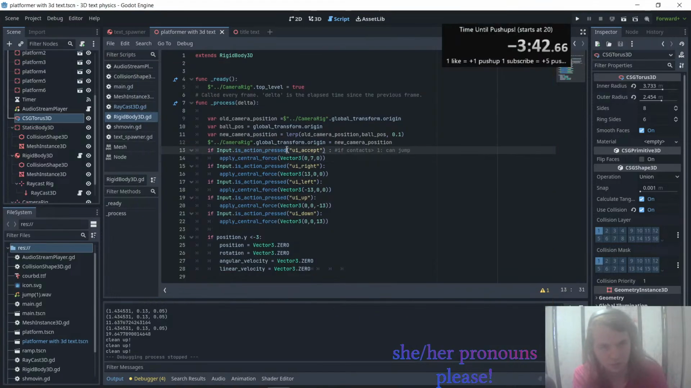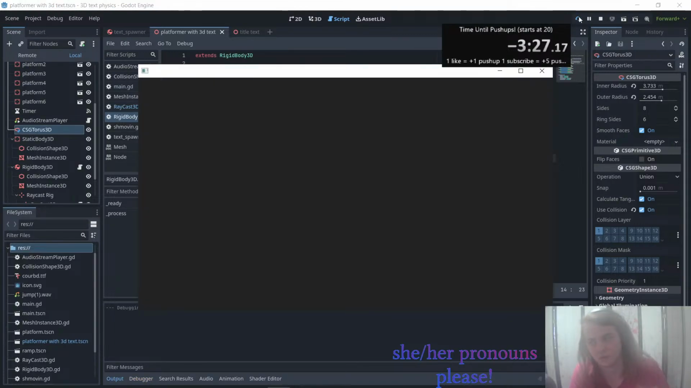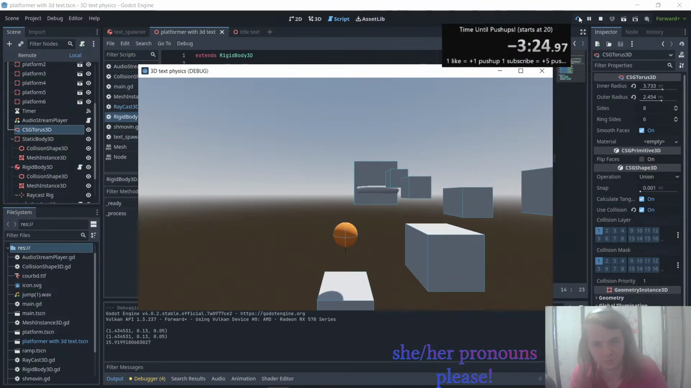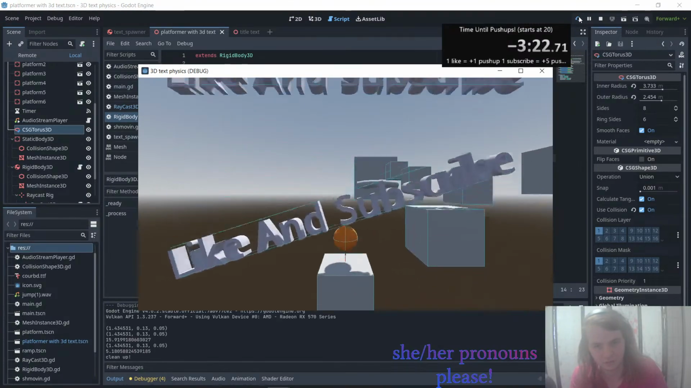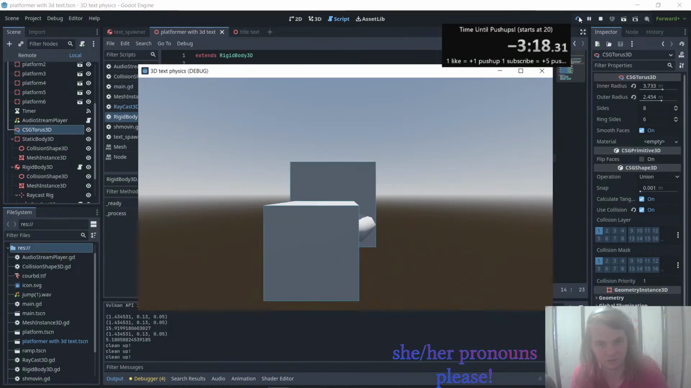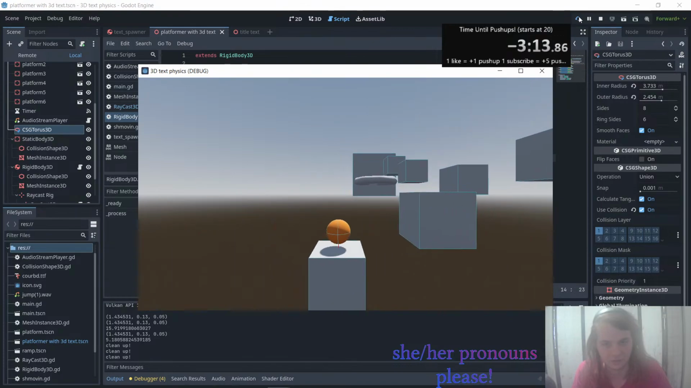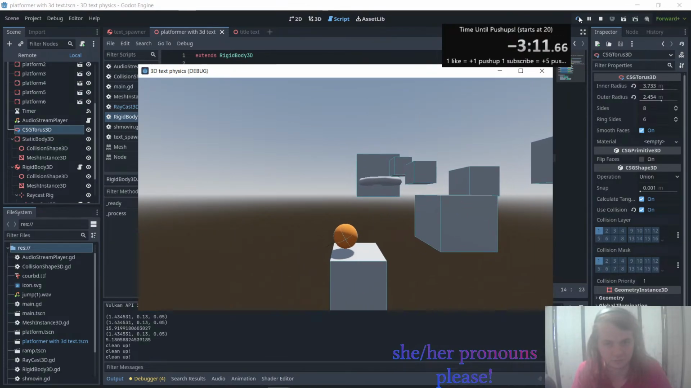Yeah, I think I want this to be an is action just pressed. And then I'm sure I could just check how long it's been pressed at some point. One of the things we've gotten right here is that it does feel like a basketball, the way it moves. I'm sure we could tune it more, but